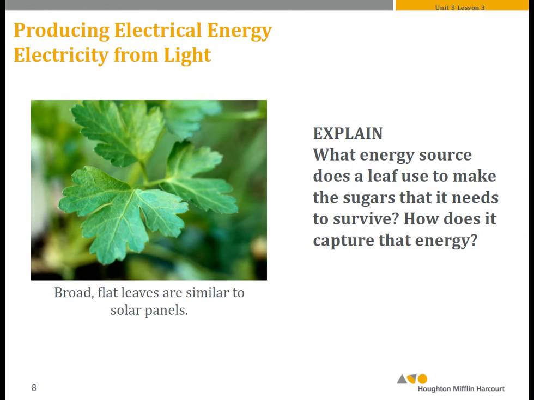Where does a leaf get its energy from to make the sugars that it needs to survive? Well, as I'm sure you know, a leaf absorbs light from the sun. Its energy comes from the sun. The way that it captures that energy, hopefully you learned in detail in biology, but essentially what happens is that